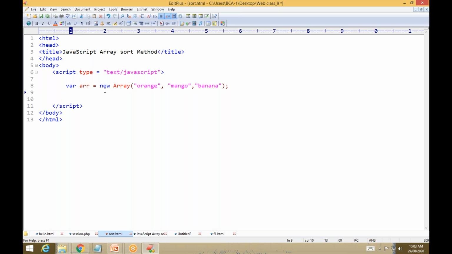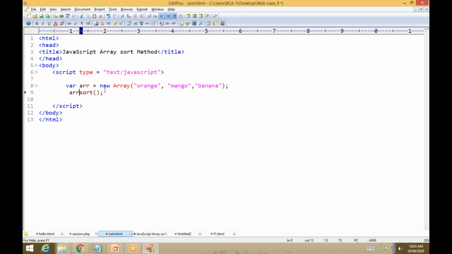There is a method called the sort method. It sorts the elements which are in descending or random order, and prints them.